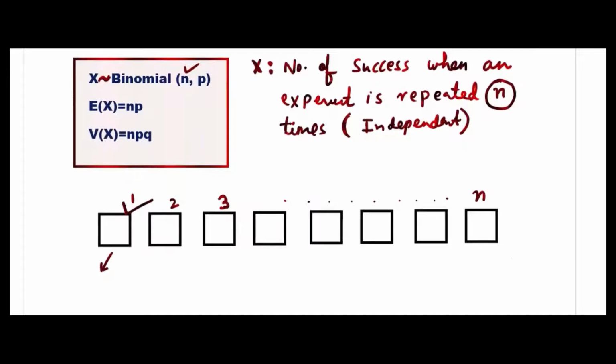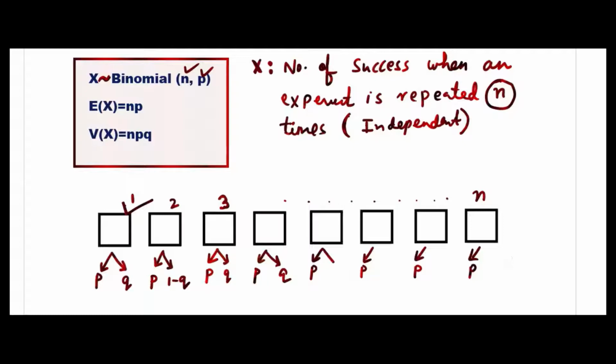Here there are 2 options. It's binomial, which means either you get a success or not. P is the probability of getting a success here, and here, and here, all the time. Because the trials are independent, the probability should not change, it should be constant, and only then can you use binomial. There comes P, and the other one you can say 1 minus P, or you can say Q also. We have another notation, theta and 1 minus theta, but we will go to that later. You can use P and Q. These are the probabilities.